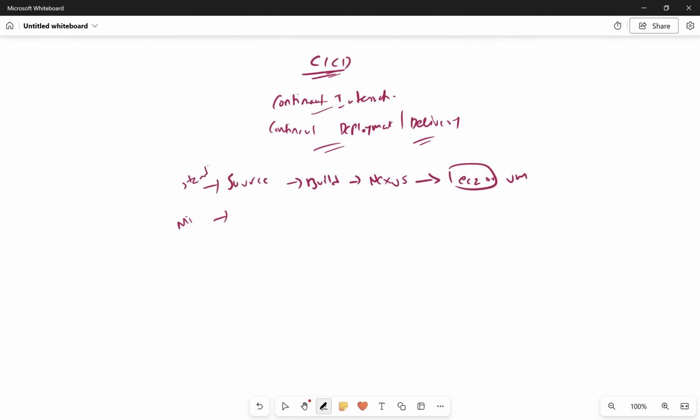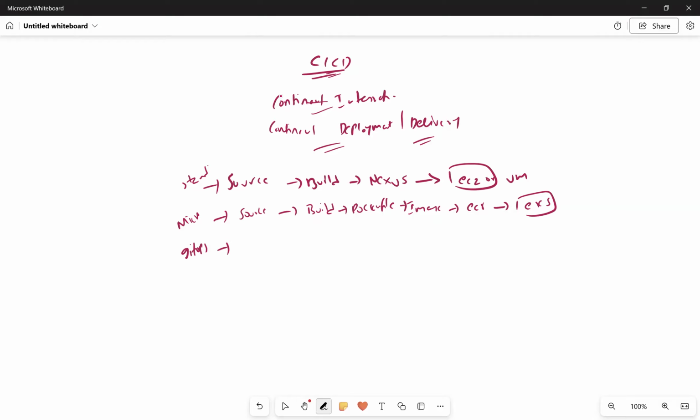If it is a microservice based application, we have the source code, and then we build the source code using a Docker file, and whatever we build, we get an image, right? Then we push this image to the ECR, and from the ECR, the image gets deployed to the EKS. This is the microservice based application deployment that we implement, and we also have the GitOps kind of